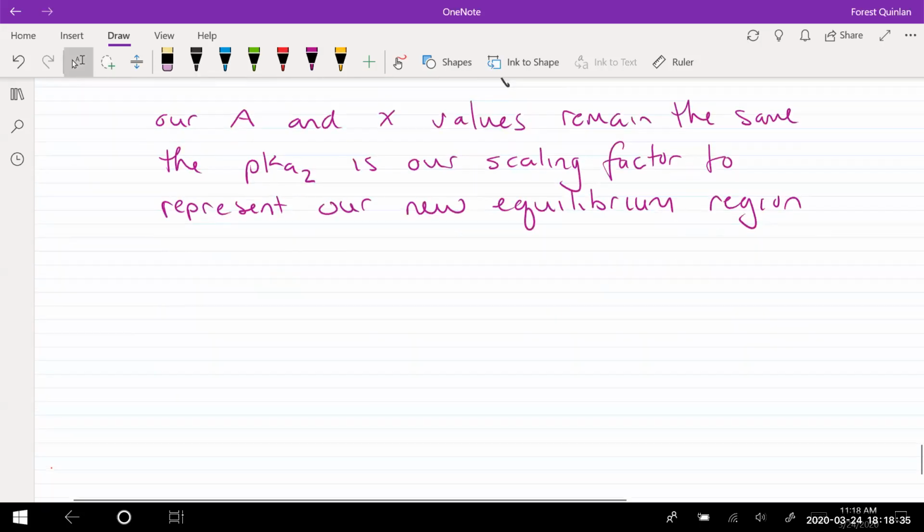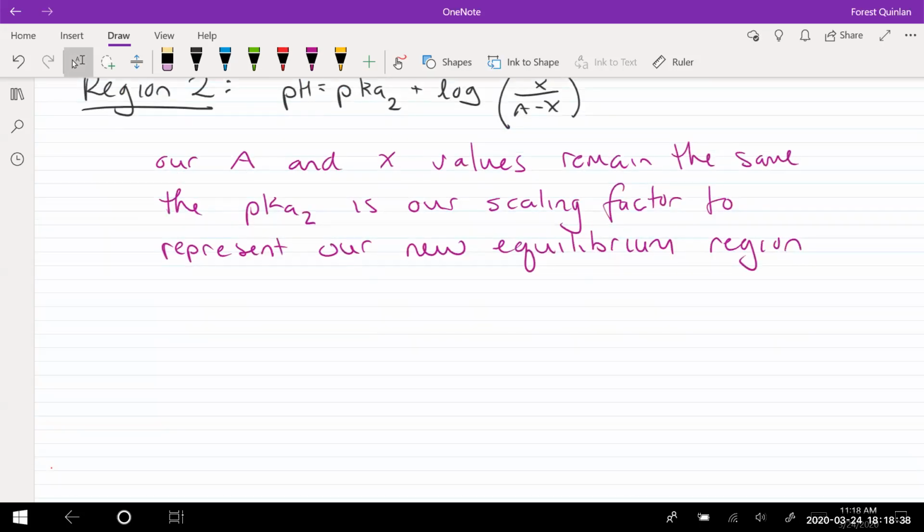And so, what's our first volume? 150 is what? 165 is our new volume. So at 165 mils,